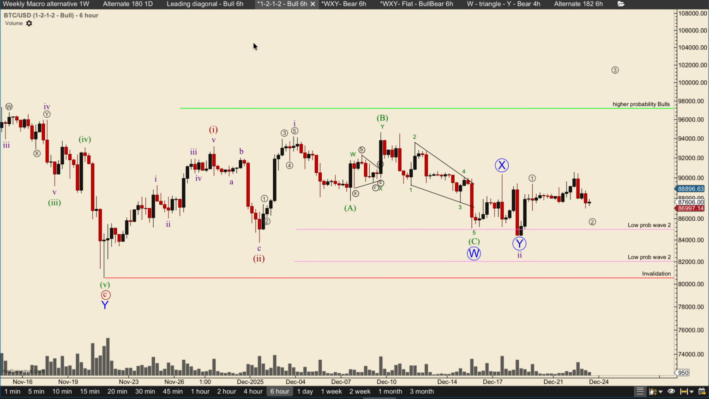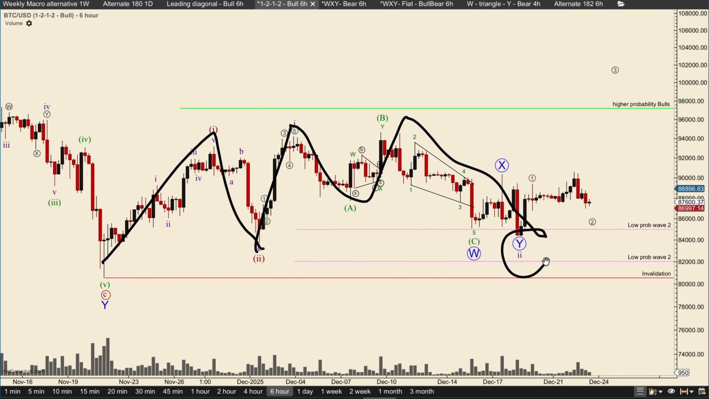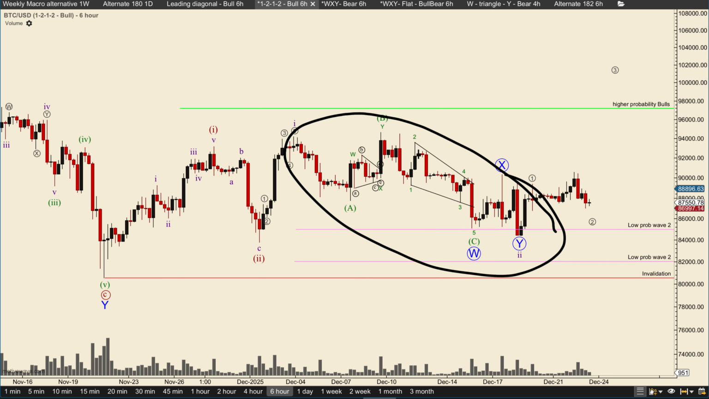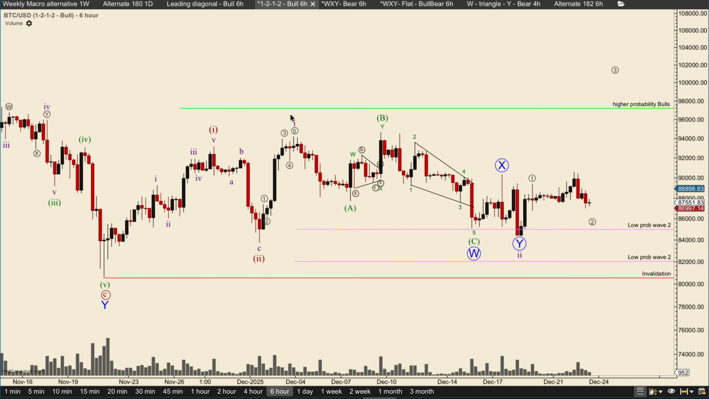And then we have this, the 1, 2, 1, 2. So 1, 2, 1, A, B, C into a 2 or a WXY here. So this touched the low probability wave 2 here, as I have written, meaning that this whole thing is a low probability wave 2 with this wave 1, meaning that this whole structure then becomes not really the highest probability because of time. You can see here,